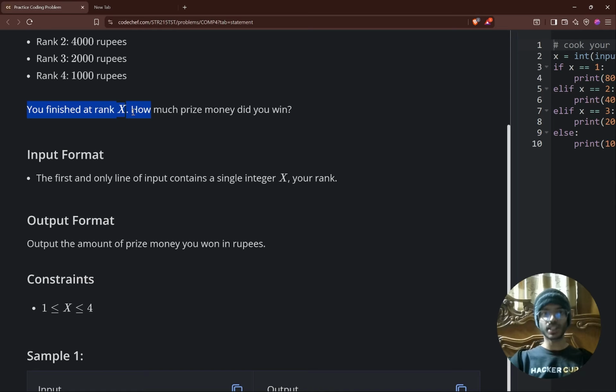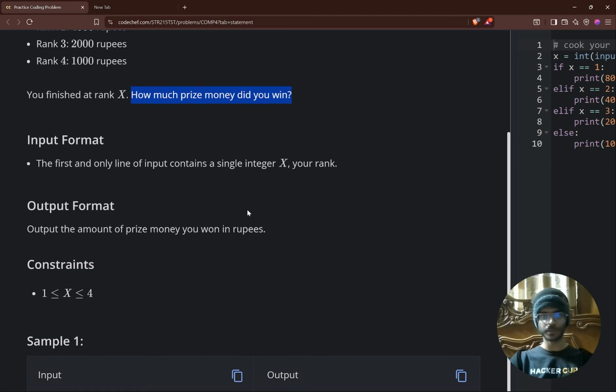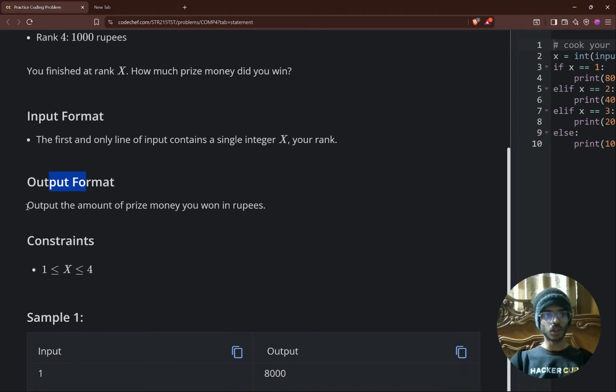Now we finished at rank X and we need to print how much prize money we won. Our rank would be between 1 and 4 because there are only 4 participants. The input is a single line containing a single integer X, which is our rank. In the output, all we need to do is print the prize money that we won